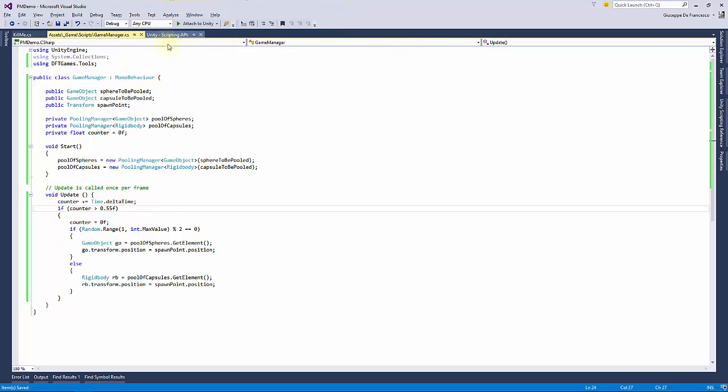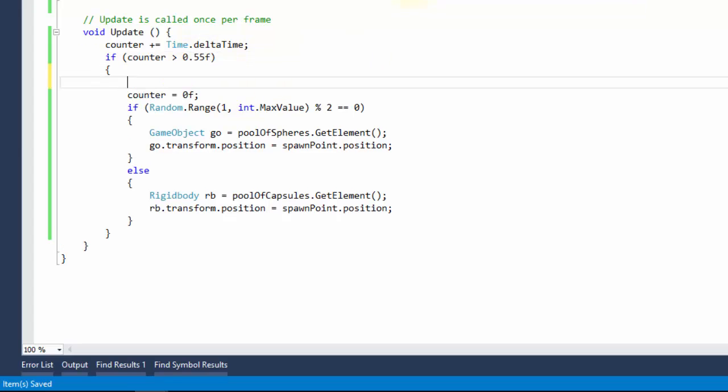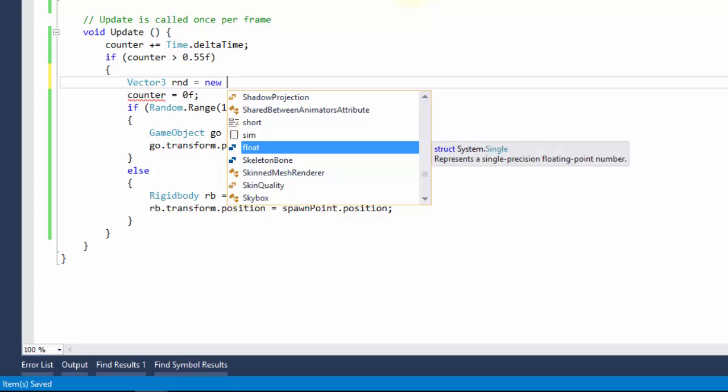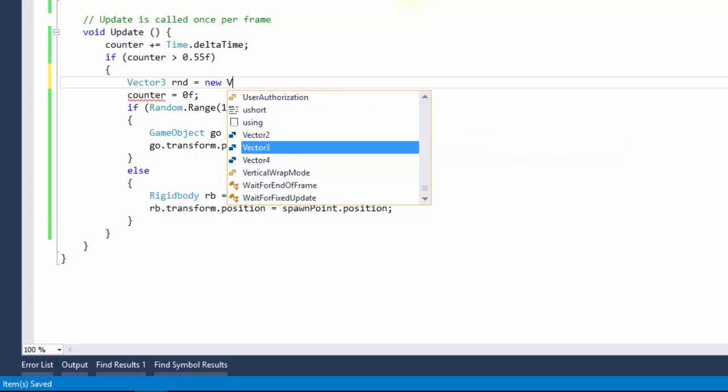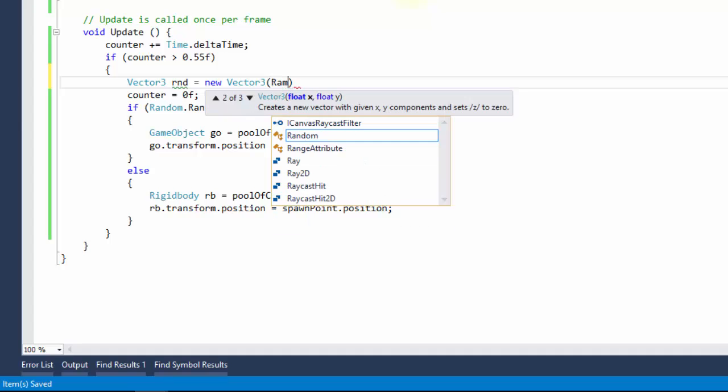You know what? There is something that we can do. I can do something like Vector3 rnd, and I can say that this is equal new Vector3. Why is it not proposing me the Vector3? Sometimes I don't understand why Visual Studio gets confused. Okay, well, anyway, this is Vector3 with a random